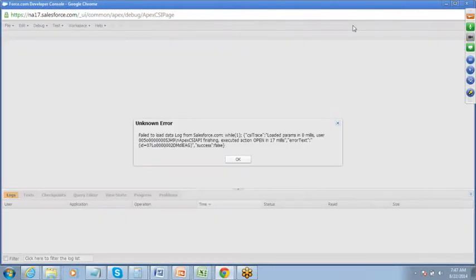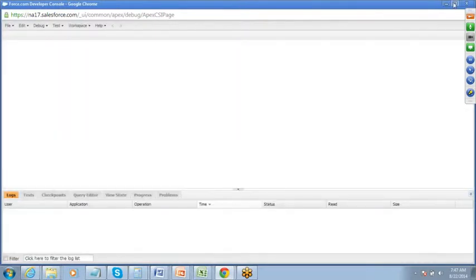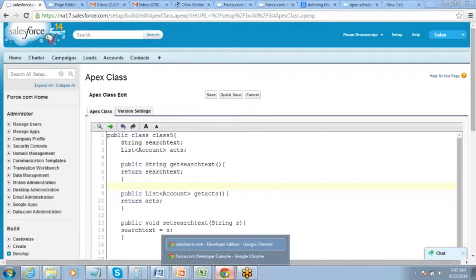Okay, so here is our developer console. Opens up as a new window.